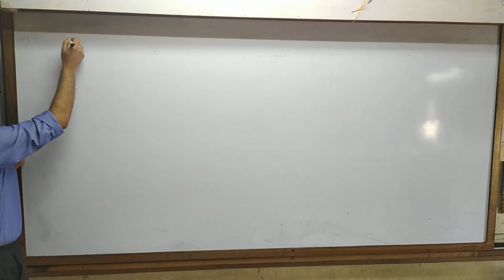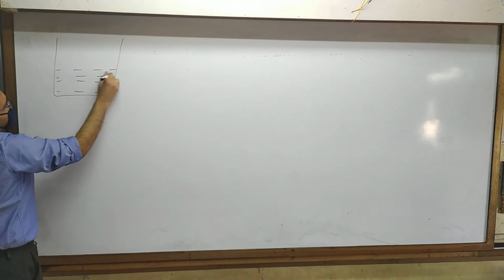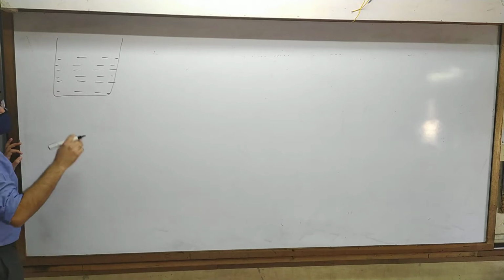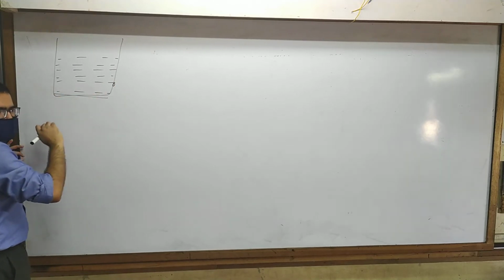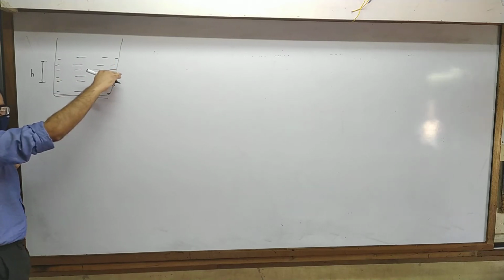Yeah. So speed of efflux, we are continuing. I just keep explaining what the situation was. Let's say that there is some hole somewhere and the hole is at a depth h from the surface. I hope you remember that.